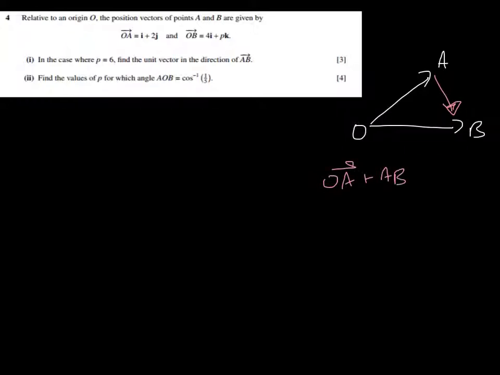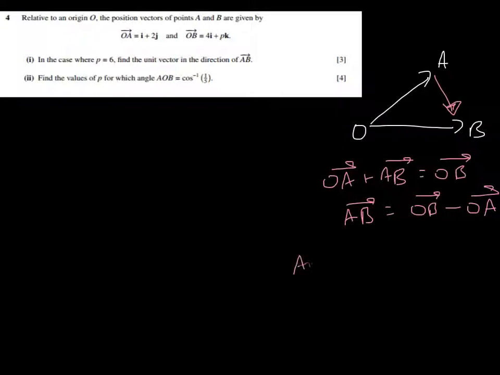So remind ourselves how this whole thing works. If I've got the vector OA, I've got the vector OB, then the vector AB, between there and there, I'm going to get that by saying that if OA plus AB equals OB, then AB equals the vector OB minus the vector OA. So in this case here, the vector AB